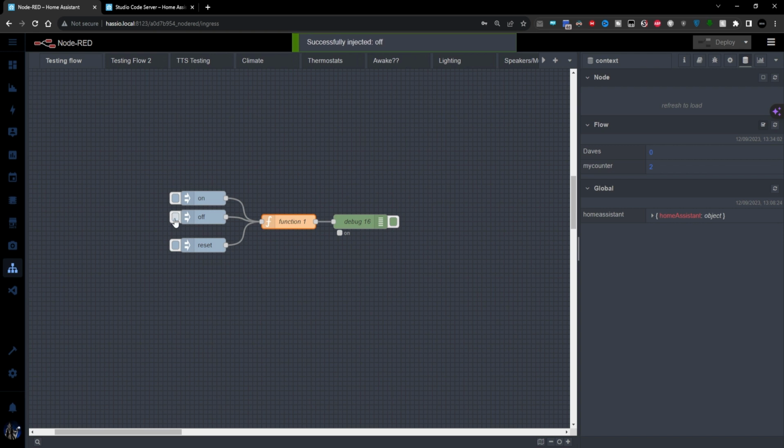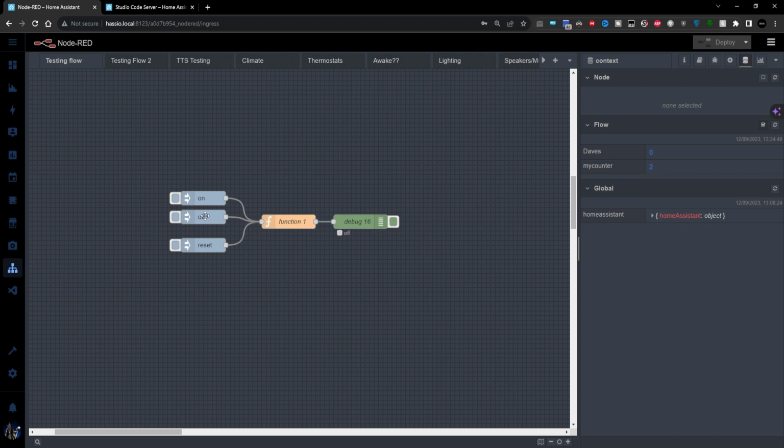It won't do anything else now because it's basically going to be on all the time. If I send it off, it won't do anything. If your entity is going on and off all the time, we're just going to get a constant on there. So let's just see where I got to on there. Counter, 0. So we do one more on, off, this will now be on 2. Still on there. We hit the reset, and it's only at that point that the counter goes off. So we've got a nice little gate, if you like.